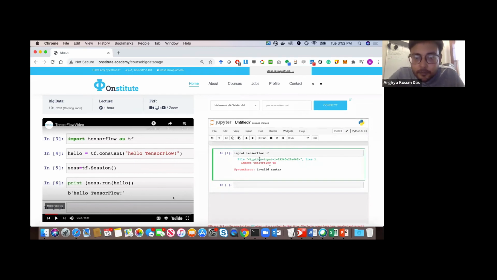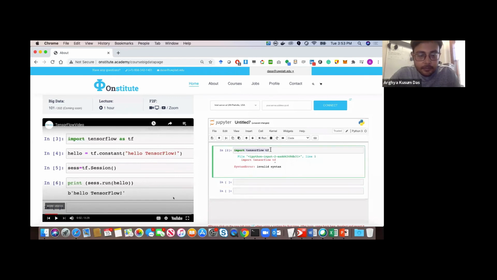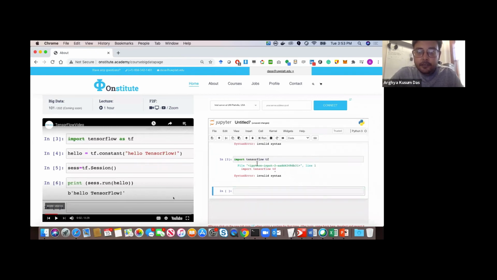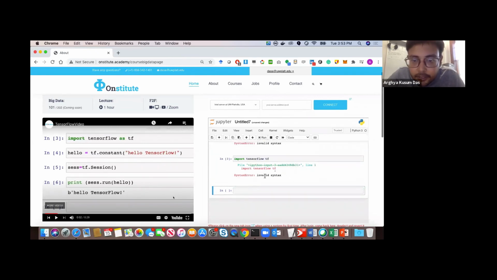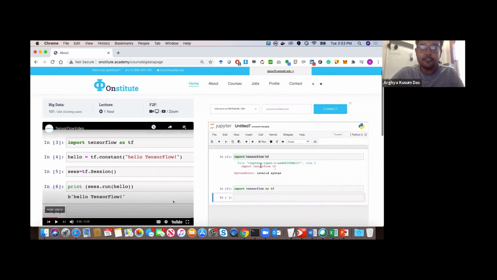So no, oh, I'm sorry. So this is like import. So here, if you just run it, so there is some kind of syntax error. Okay, as TF. All right, so these are the several things students can get,